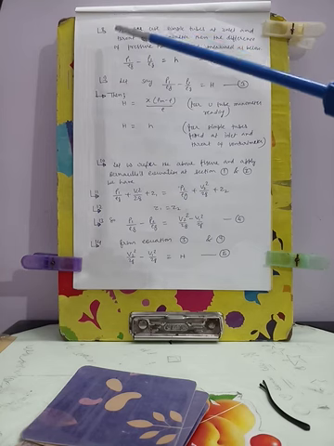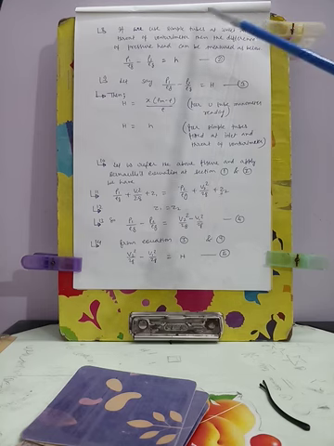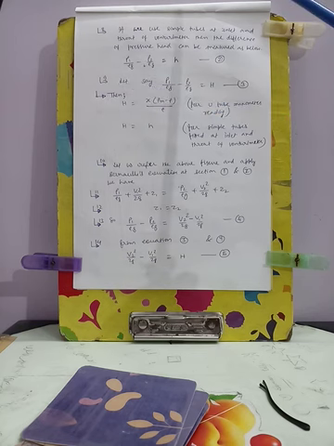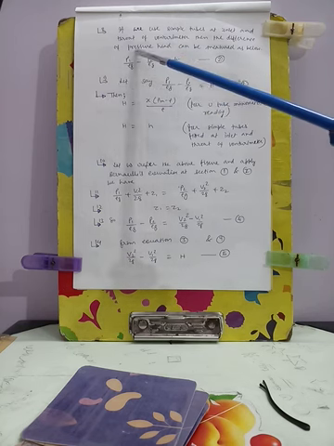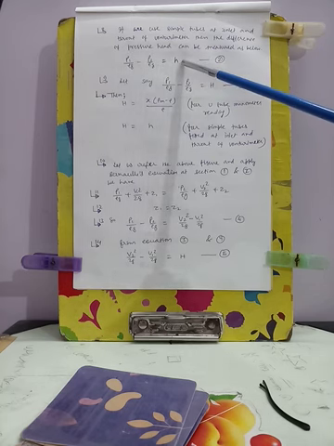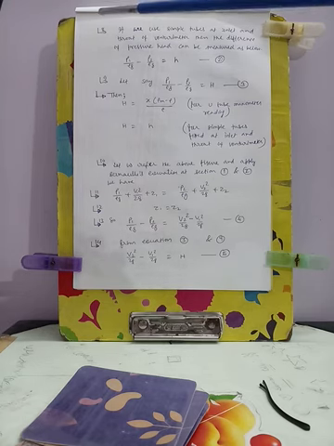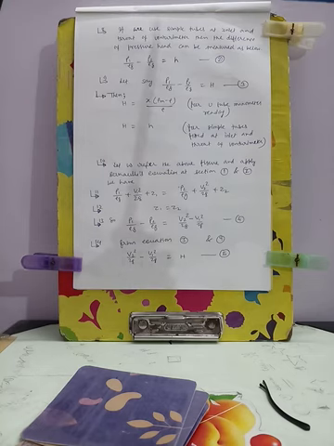But if we use simple tubes at the throat and inlet of the venturimeter, then the pressure head difference at section 1 and 2 can be measured as P1 by rho g minus P2 by rho g is equal to h. h is simply the difference of liquid level in both the simple pipes fitted at the inlet and throat of the venturimeter, as indicated on the figure. Suppose this is equation 2.